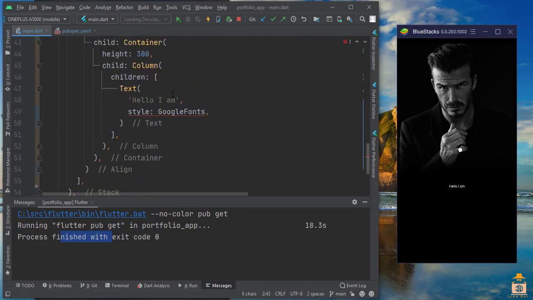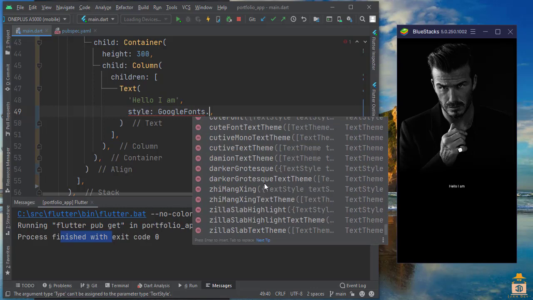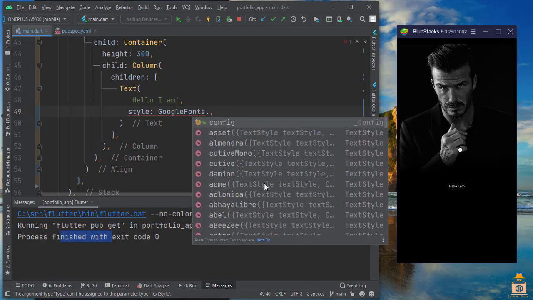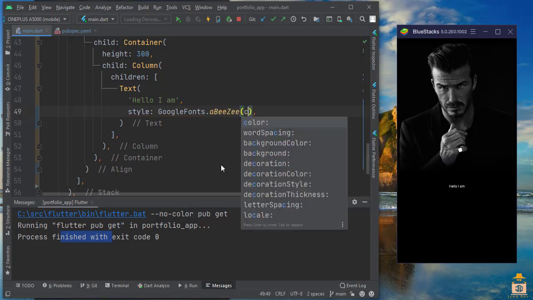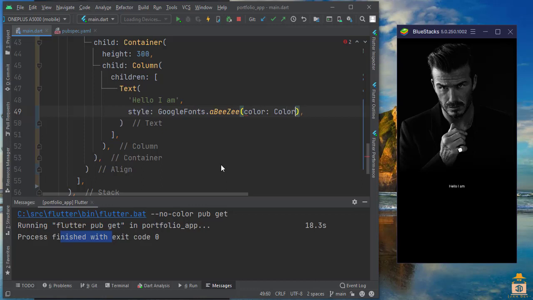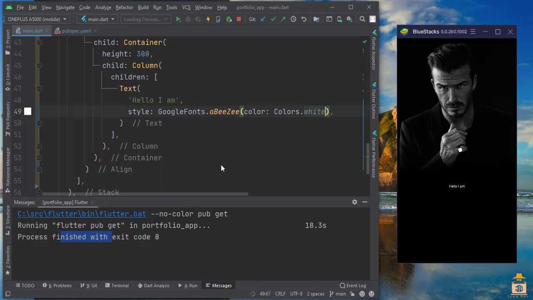Now that package has come to this dart file. Any file where you use this package, you need to import it. And if you put a dot, it will show a list of fonts that you can use. There are a lot of fonts already there. So which font will I use? You can select a different one, like, okay, if I put ABeeZee, and you need to give a color also, because otherwise the font and background will both be black. Right. So if I run now,